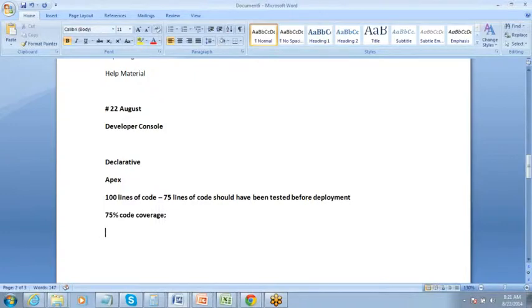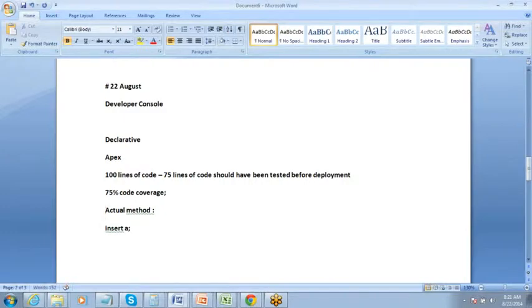Let's say your actual method is to insert data. Okay, this actual method performs insert operation, let's say. And whether this insert operation is working fine or not, for that you have to define a test method.